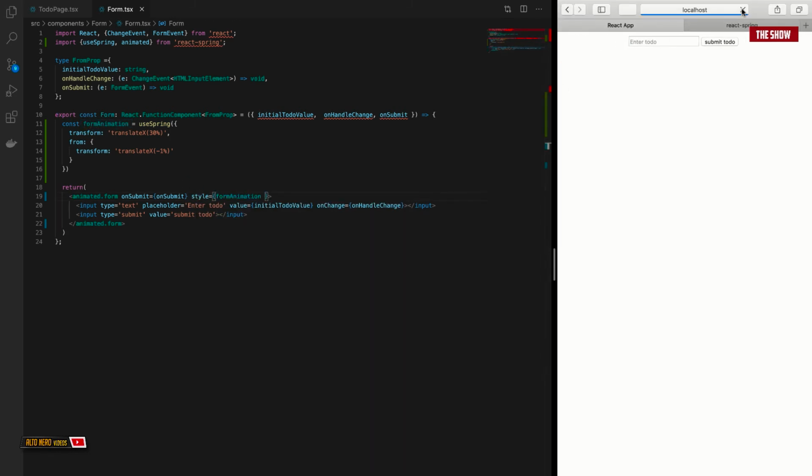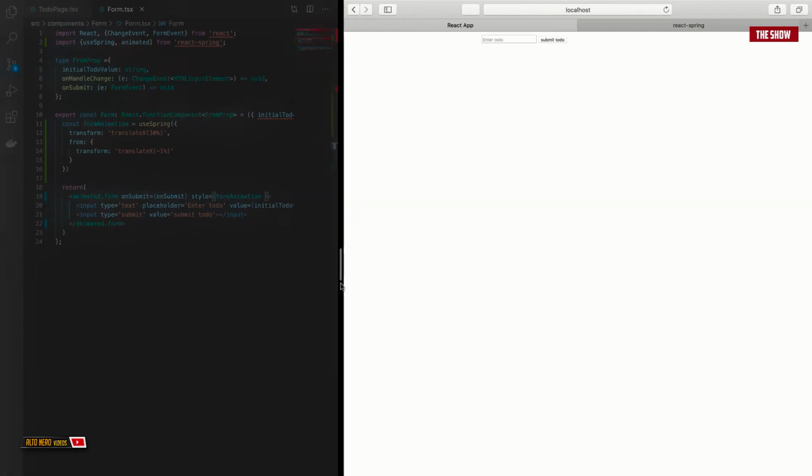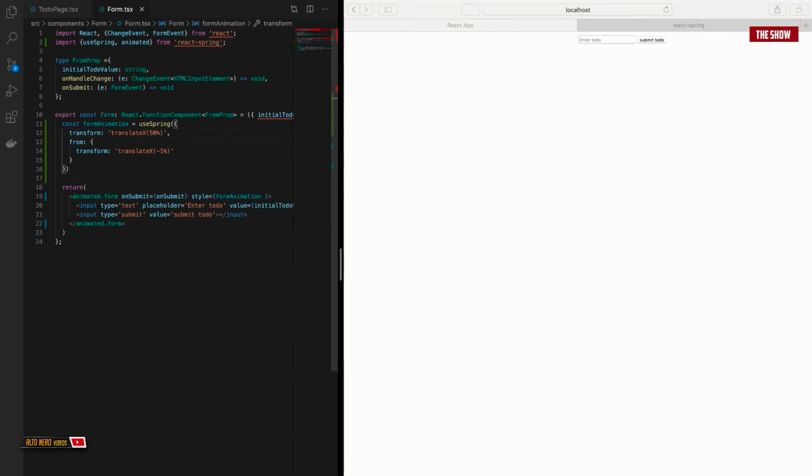As you can see, when I refresh the application, it moves from -1% in the X direction to 30% in the X direction. And this looks cool. I could make this 50% like so. And that's awesome. Let's make it 45 so that it will center. So that's simple. That's all you need to do to animate from one position to the other using React Spring. But now, if we type in something like hello,